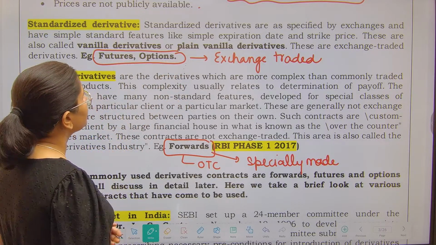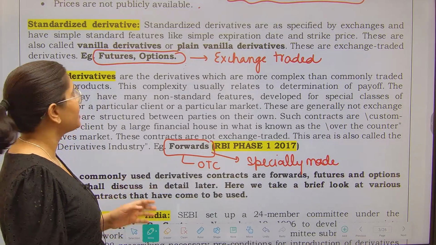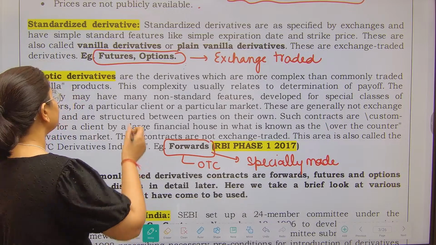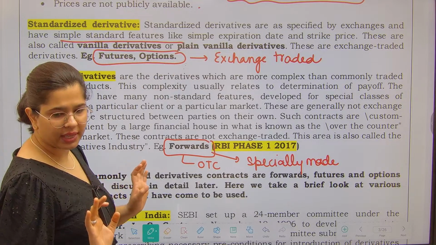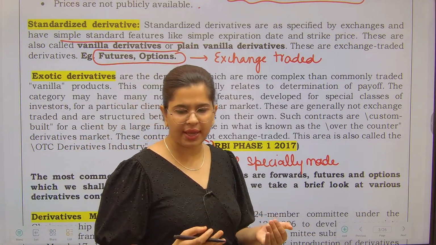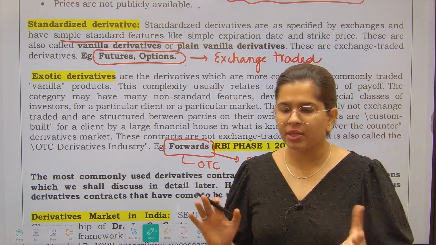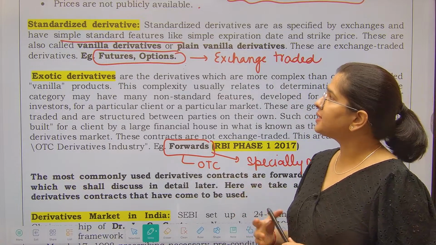So we are just giving another term for these particular products. Standardized derivatives means these are specified by the exchanges and they have simple standard features, like simple expiry, strike price etc. There is nothing more complex about it. That is why they are also called the vanilla derivatives or